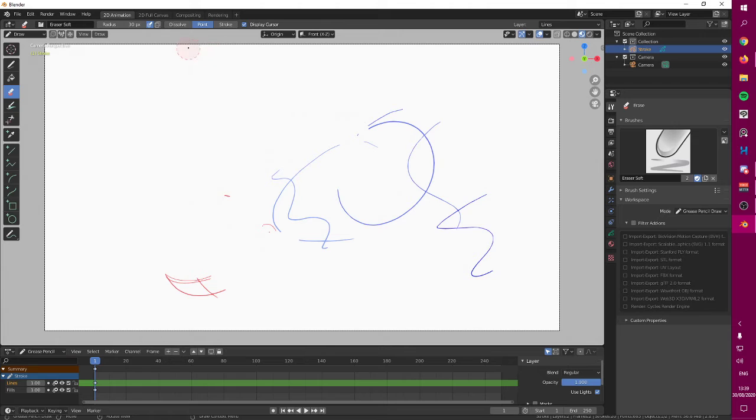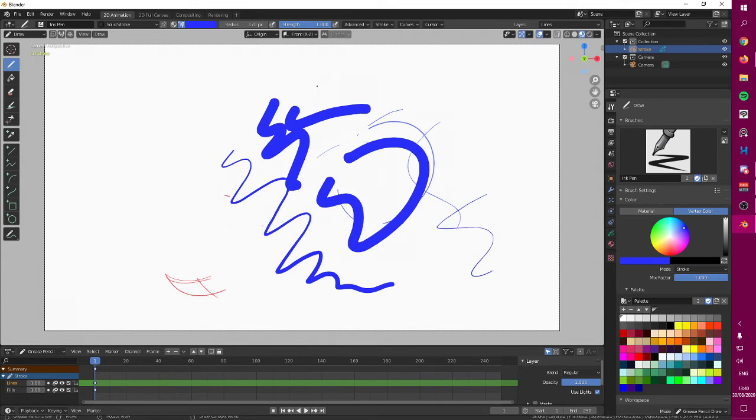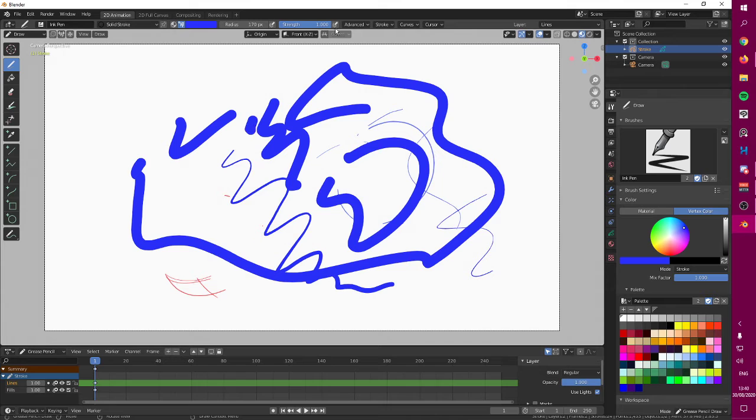When using your eraser, if you are using a drawing tablet with pressure sensitivity, you can enable or disable pressure sensitivity from here. You can also do the same thing with your brush in here. So this is the size of your brush, but if you disable the pressure sensitivity, it is going to be without pressure.